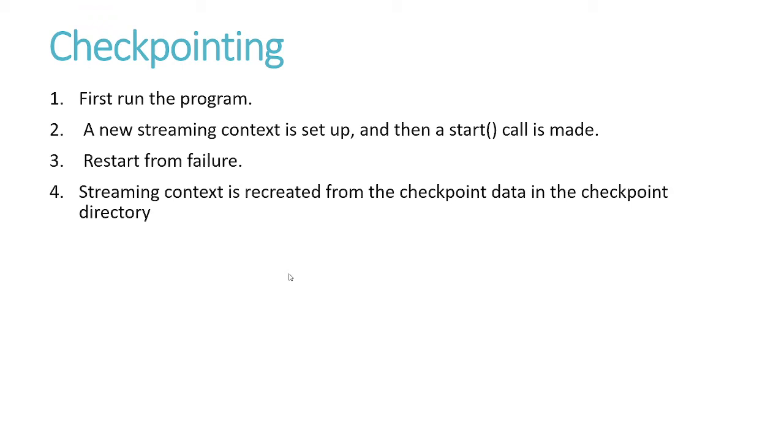Second, you need to set up the streaming context, which we discussed in the previous video, and then you need to start. Then the application restarts from the failure. The streaming context is created from the checkpointing data in the checkpointing directory. Here the checkpointing directory is the